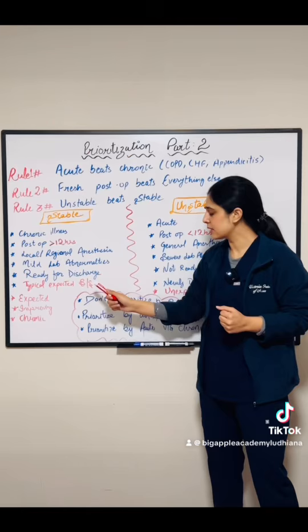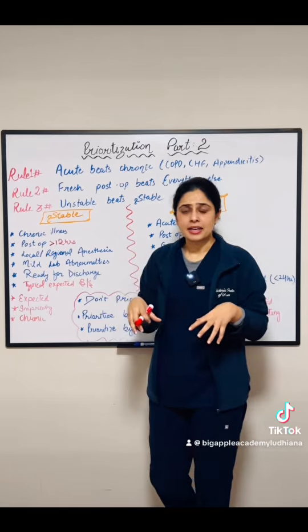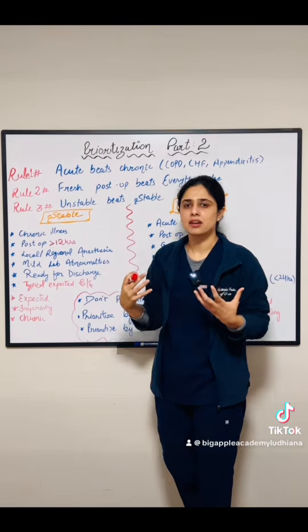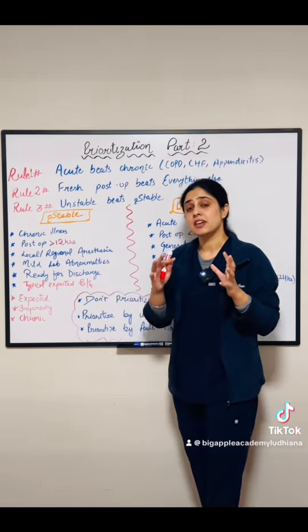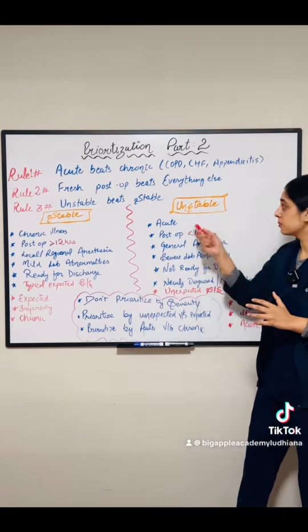Then typical expected symptom. For example, you have a client with congestive heart failure and your client has ankle edema, client is on diuretics, and there is no sign of shortness of breath, lung sounds clear. So that means client is having expected symptom of heart failure. On the other hand, you have unexpected symptom that is unstable.